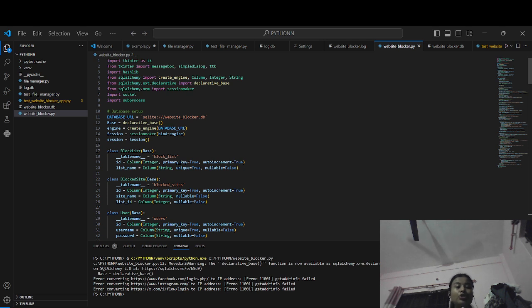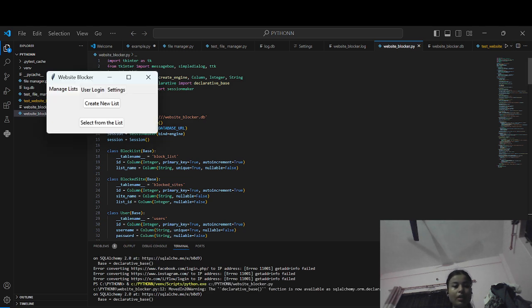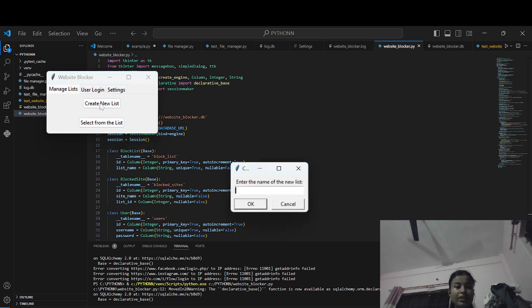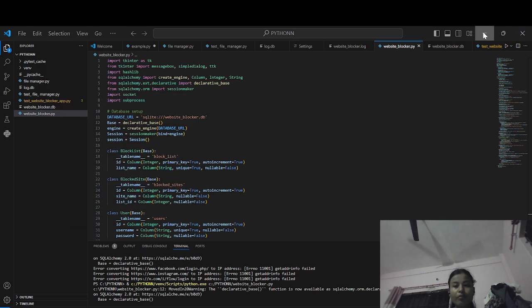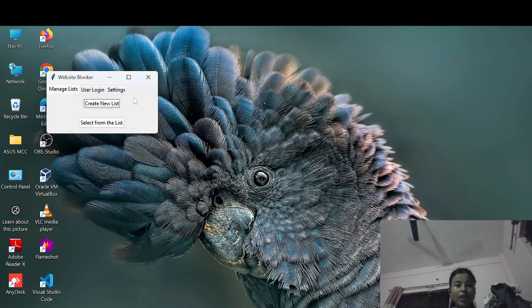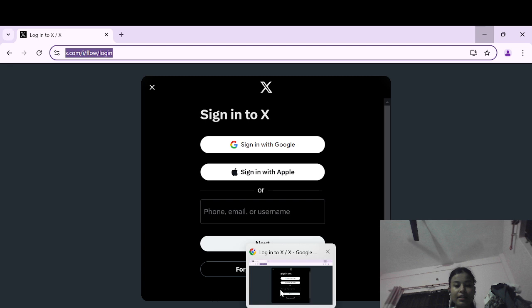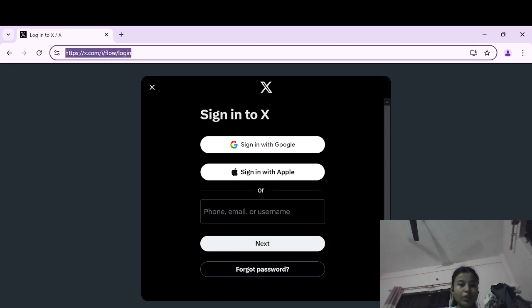Now I want to show you practically how it works. First of all, we have to run this code. You can see here there are three tabs: manage list, user login, and settings. First of all, I have to create a new list. Social media block list. In the social media block list, we have to enter some websites, like the Twitter website,